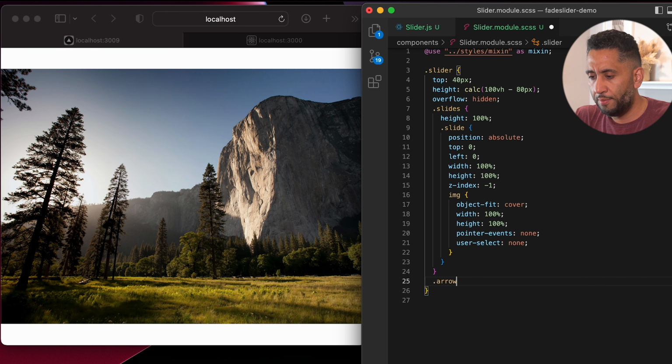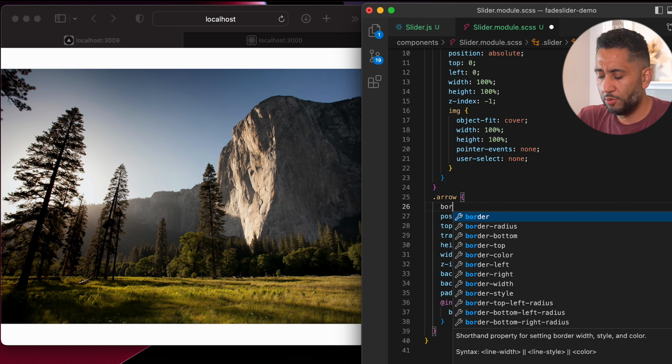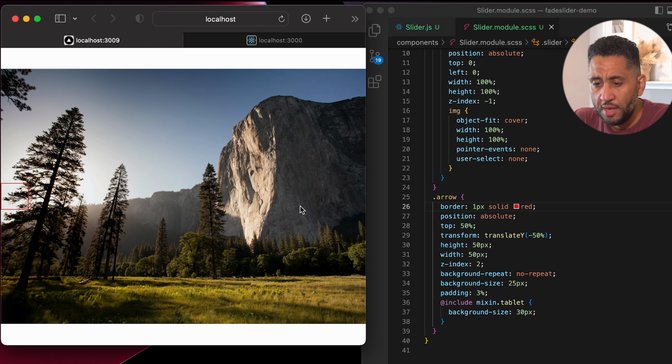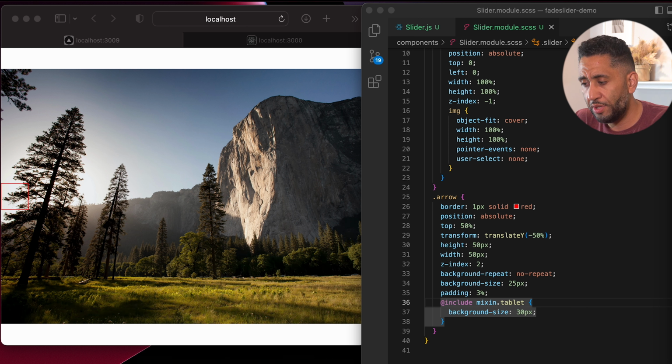So we'll do arrow, and I have some CSS here to copy and paste, but basically it is going to be positioned absolute, top 50%, translate negative 50%. So just going up and down. I could show you here what it looks like. So border 1px solid red, just to see everything we have here. So you see it's positioned right here, left, height, width, and then this I'm going to be using background size,